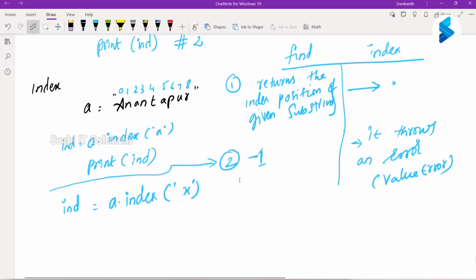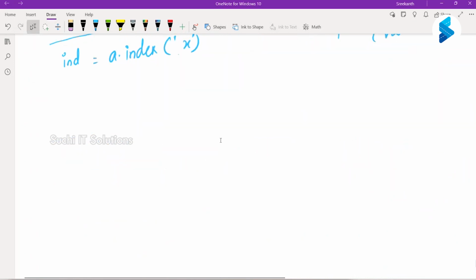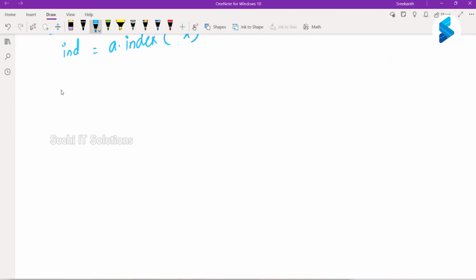Now the next function that we want to check is split. Okay, let us say I have a string. What does the name split mean? To separate, right? To separate. Its statement is equal to